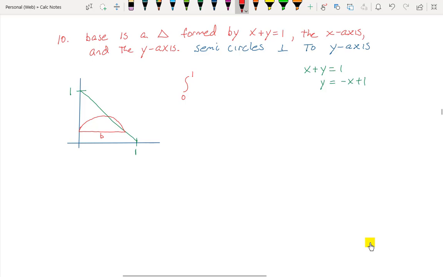We're going to need to do a little bit of right minus left here. Okay, so we got right and left. So right minus left. Our right side is the function